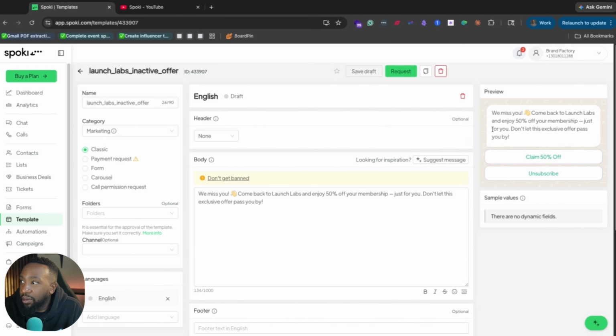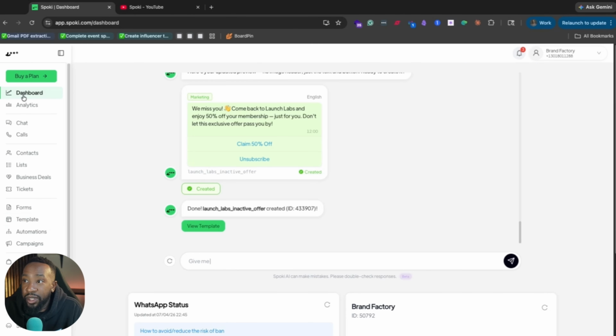And we can also preview what it would look like in WhatsApp and everything like that. Mentions classic, payment request, form, carousel. So we can actually add more offers right here as well. And so we can save it right here and be all set. And this helps us get ready before we're going to use WhatsApp if we want to use this for our